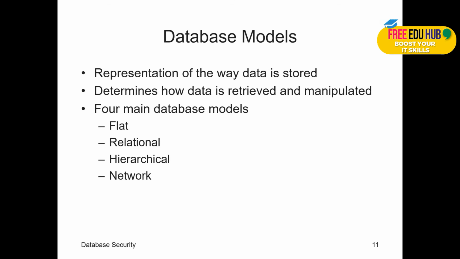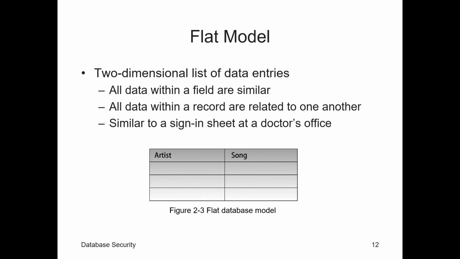The four main kinds of database models are flat, which only has information just like an Excel sheet, then relational, hierarchical, and network. Now, a flat model is a two-dimensional list of data entries. All data within a field are similar, or all data within a record are related to one another, similar to